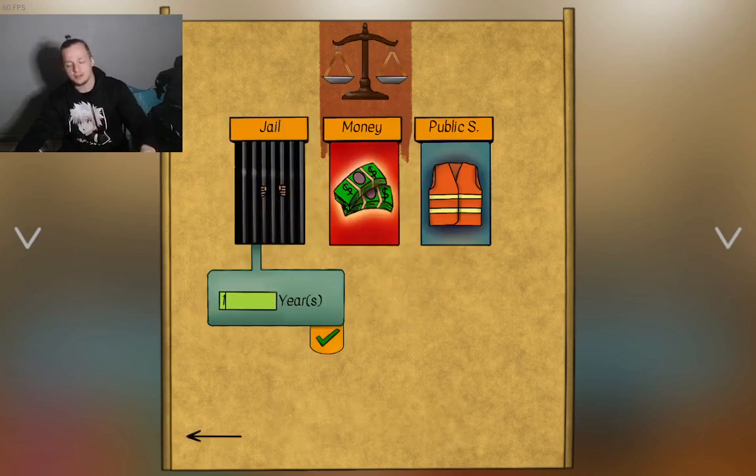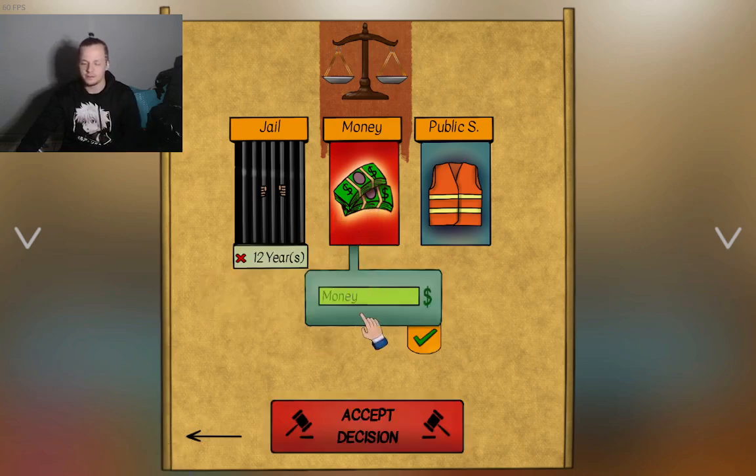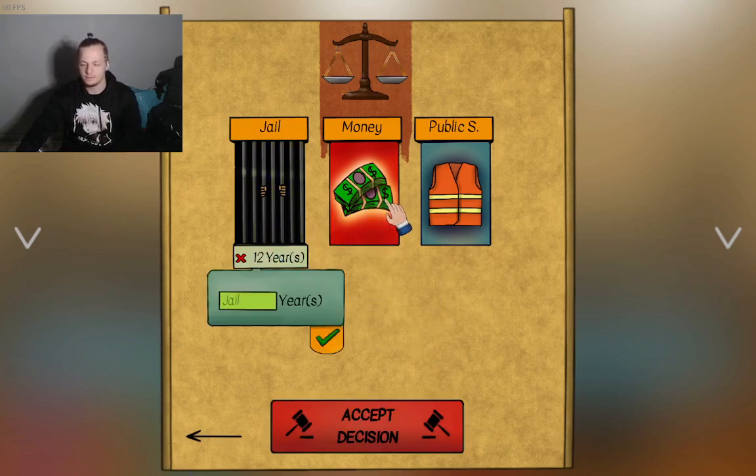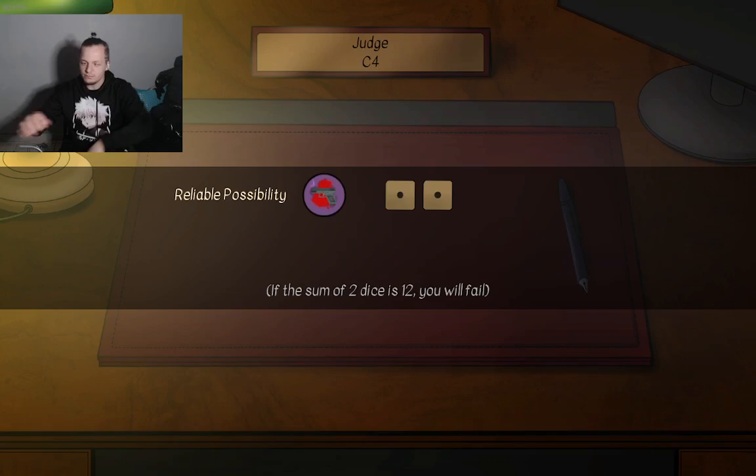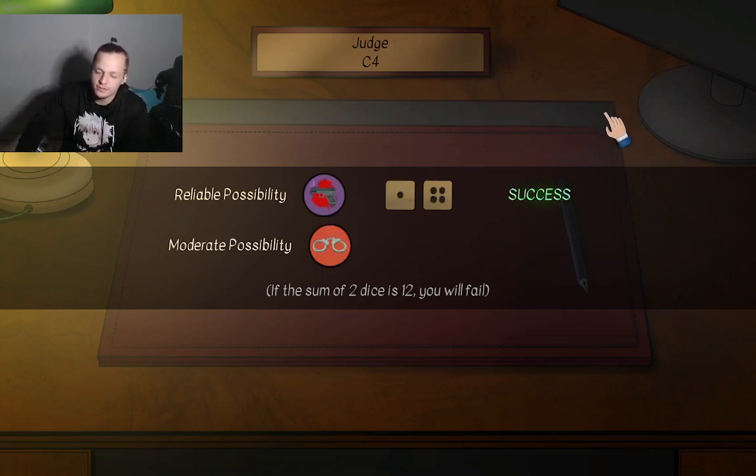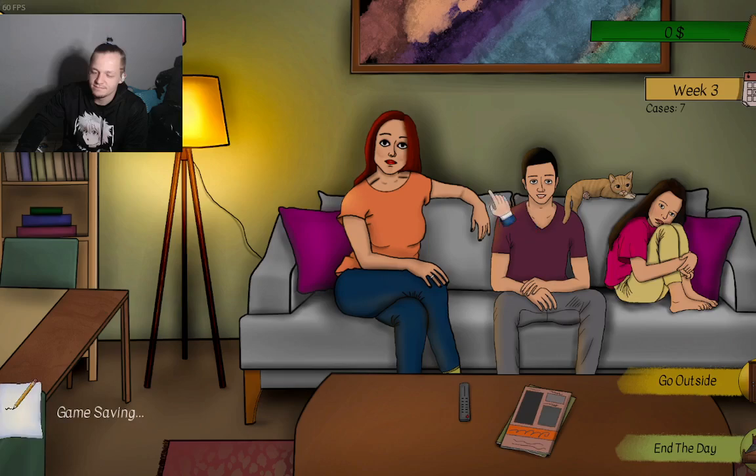Jail. Me, sorry, buddy. 12 years. Boy, it's the 12 years for me, buddy. Because you ain't doing that with me, man. You ain't doing all that with me.